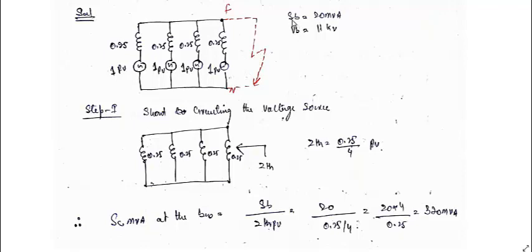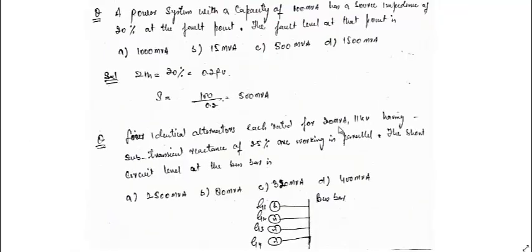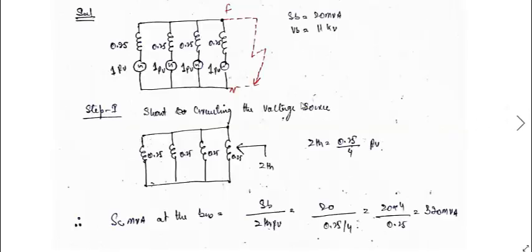So taking S_B as 20 MVA, and these are given on the same value, and V_B is 11 kV. You can see in the question itself, these are actually the values on the same rating and its own rating, and the rating is the same. So we'll not change it. In that case, we'll keep it the same and it will remain as it is: 0.25, 0.25, 0.25, 0.25, and this is 1.0. After that, we short circuit this, and we are left only with these reactances, and we need to calculate Z_TH between this point and this point.